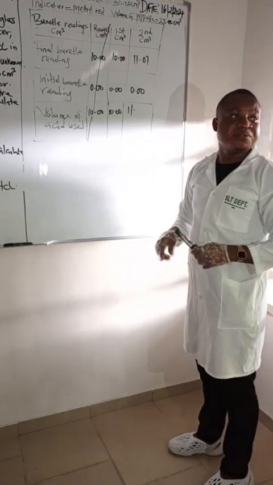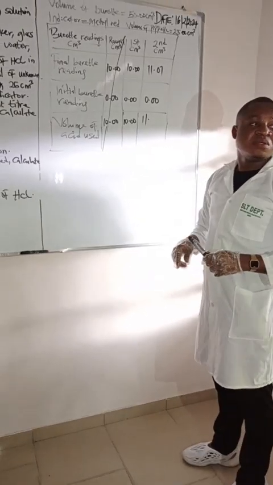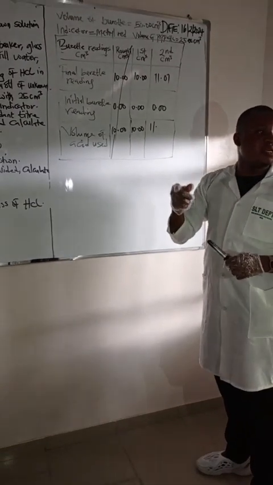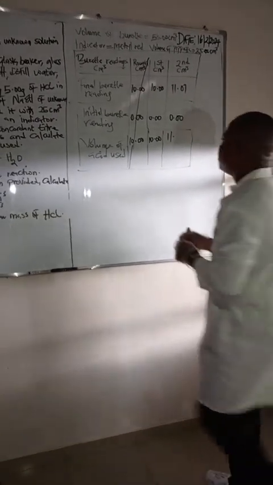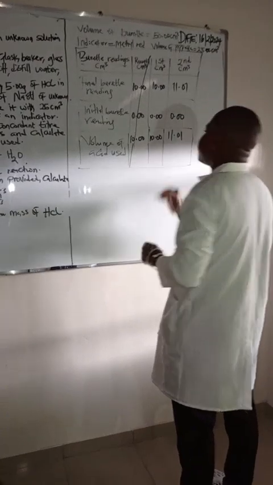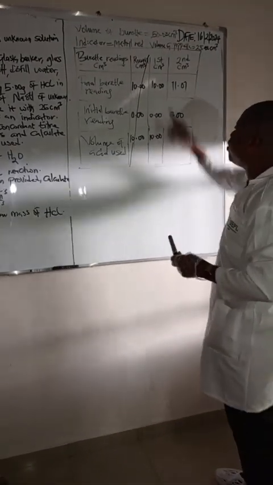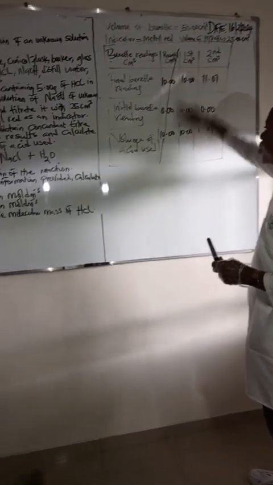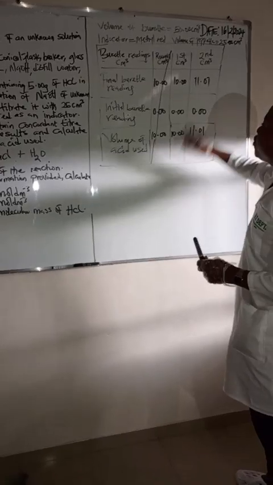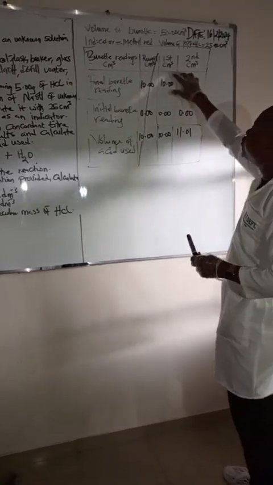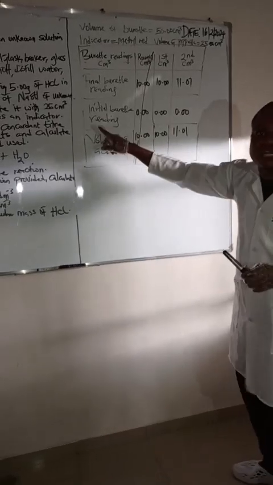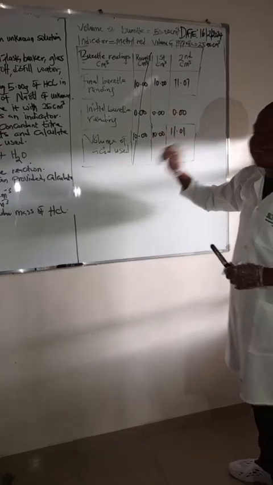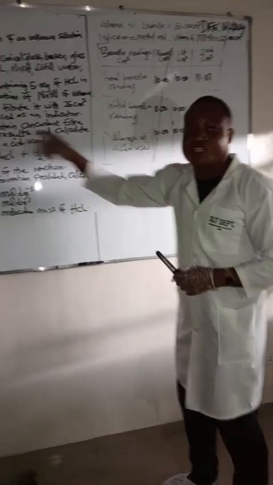What do we have? 11 point what? 11.01. Now, I've told you we are discarding the rough. We are not making use of the rough. So we are going to take only the two titrant values, or the two concordant values. Are you following? So now, to calculate the volume of acid used according to the instruction, we say